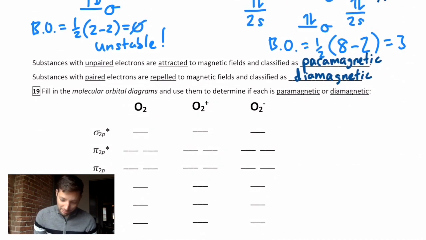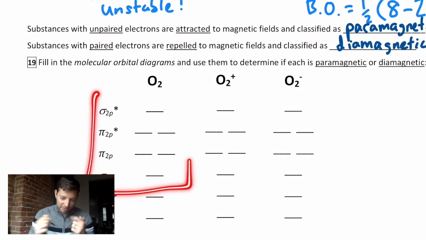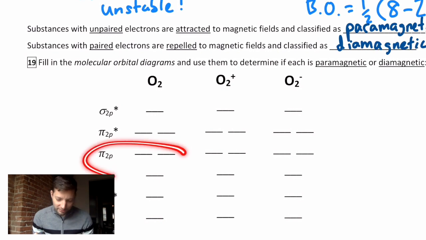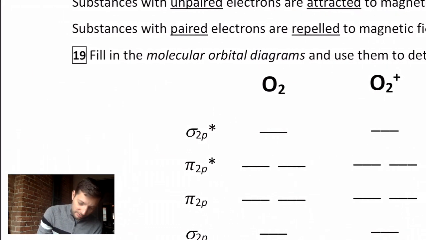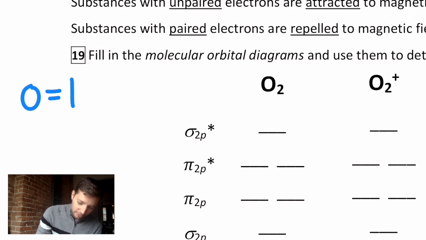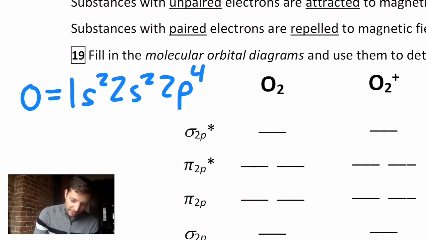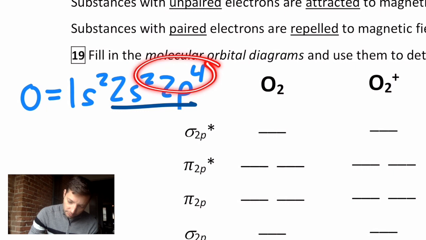In the molecular orbitals here, the templates are already given. Notice the level 2 sigma and pi system is actually flipped from nitrogen. Again, it's sort of beyond the scope of our class right now why that is. All that's important to know is that you have 3 bonding and 3 anti-bonding from the combination of the 2p orbitals. How many valence electrons do we have? Well, let's just refresh our memory on what oxygen looks like. Oxygen as an atom is 1s2, 2s2, and 2p4. Each one is just one more than nitrogen. So if I think about the valence only, that means there's 6 valence electrons for each oxygen. So O2 would be 12